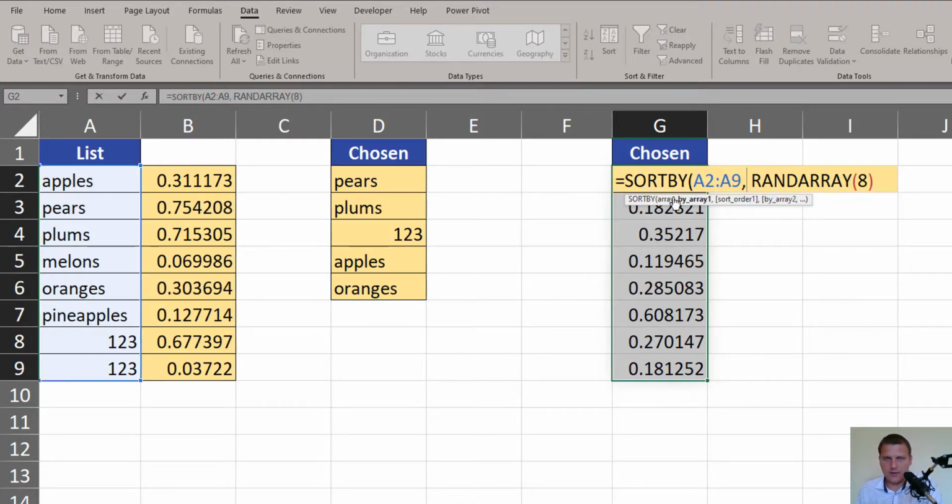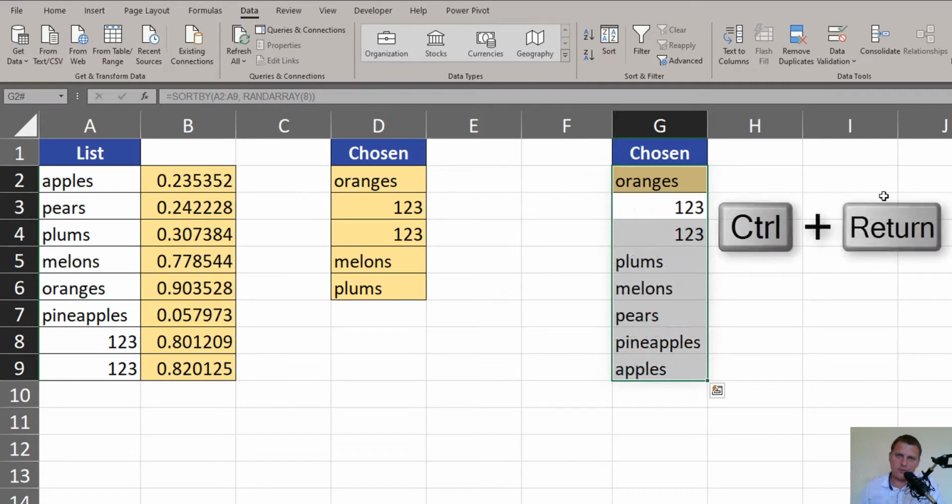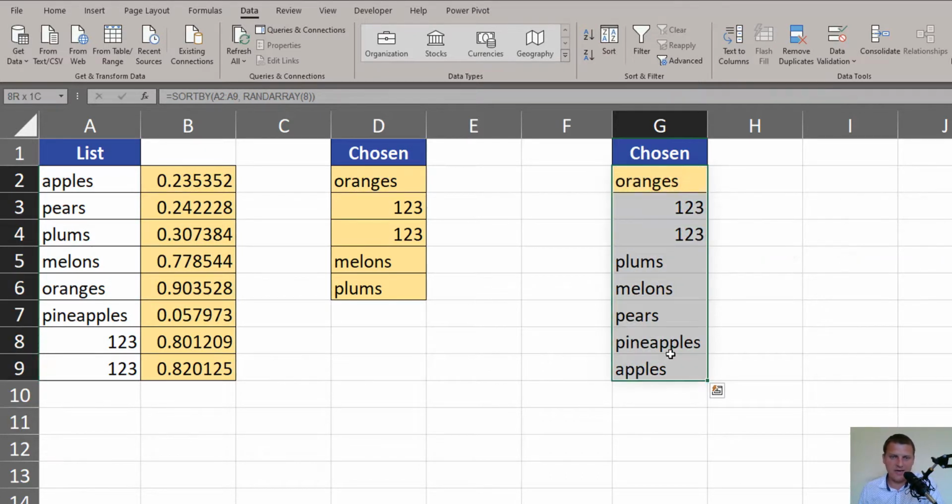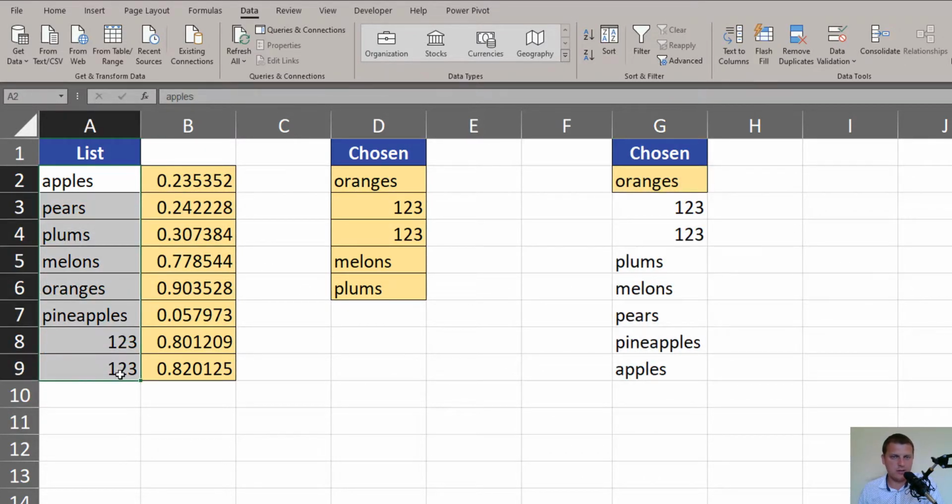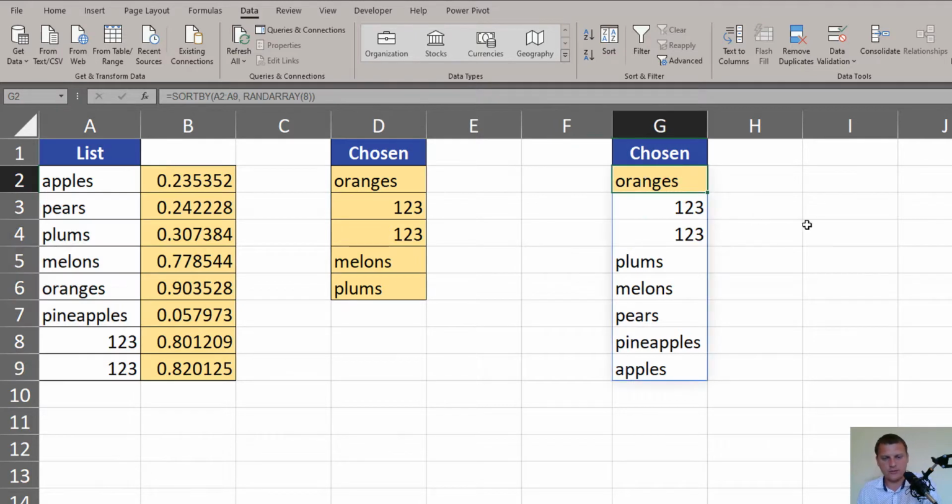So the first argument is the array we are going to sort, and this is the array with which we are going to sort it. So just putting the formula in our cell, and we have 8 elements from our list in random order. F9